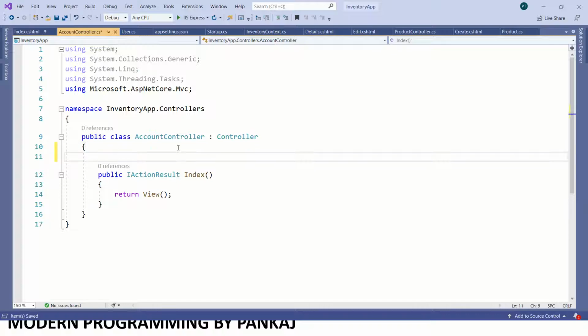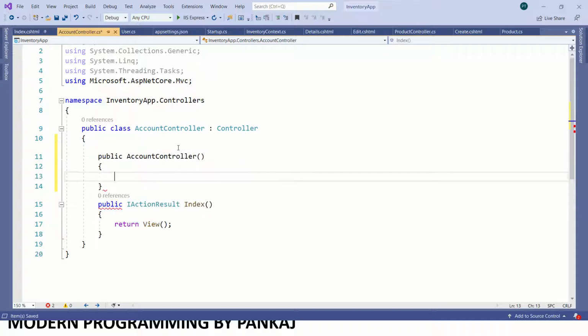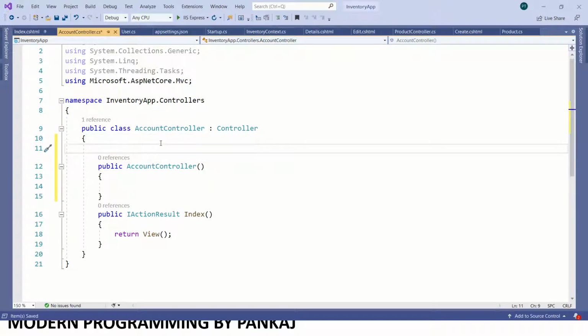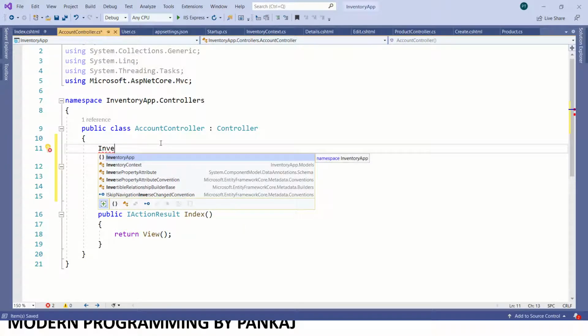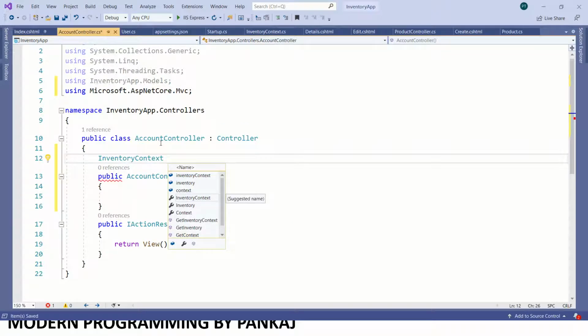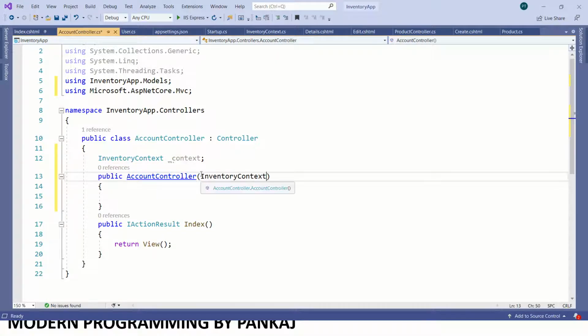Now I need to inject the context in the account controller constructor. So I will create the inventory context, and I need to inject it here.